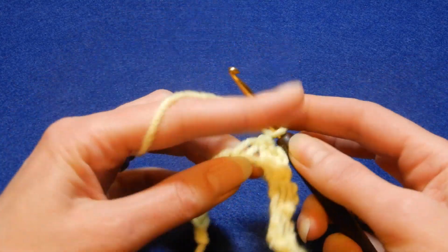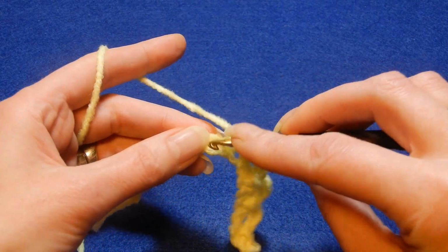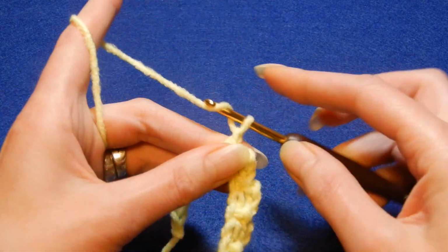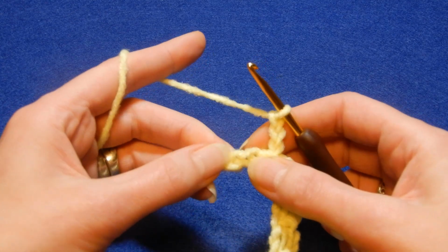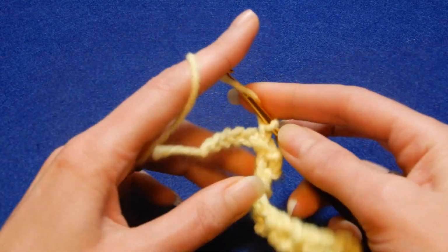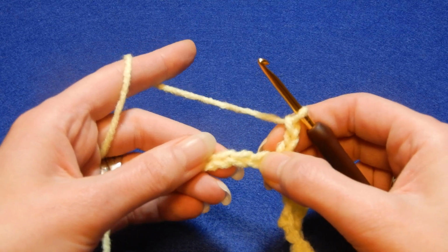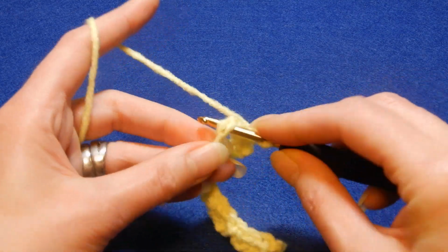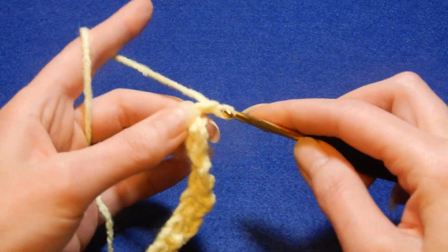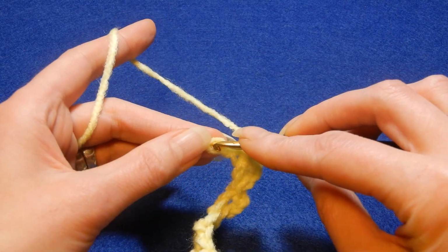Then you're gonna chain 3, I'm gonna repeat, skip the next chain, and in the next slip stitch, chain 3, and so on. Skip, and in the next chain we're gonna do a slip stitch, chain 3, okay, skip the next chain, and in the next slip stitch, chain 3, skip the next chain, and in the last chain we're gonna do a slip stitch,